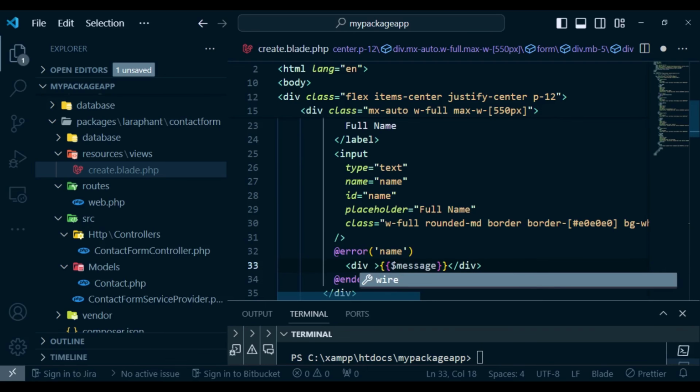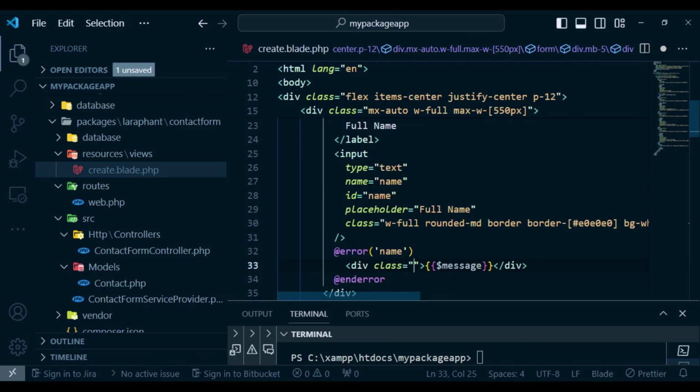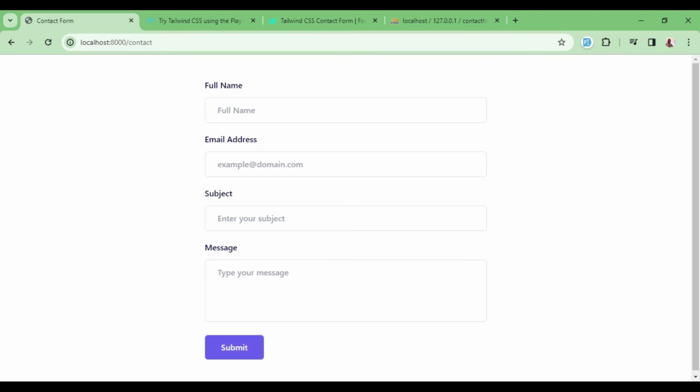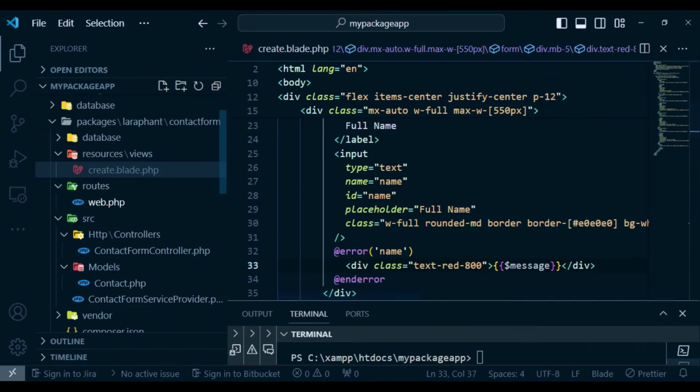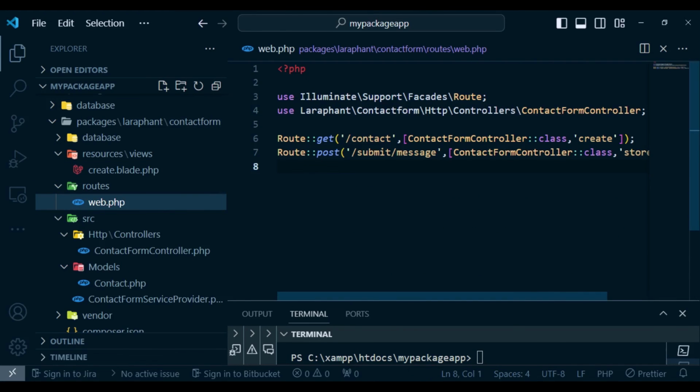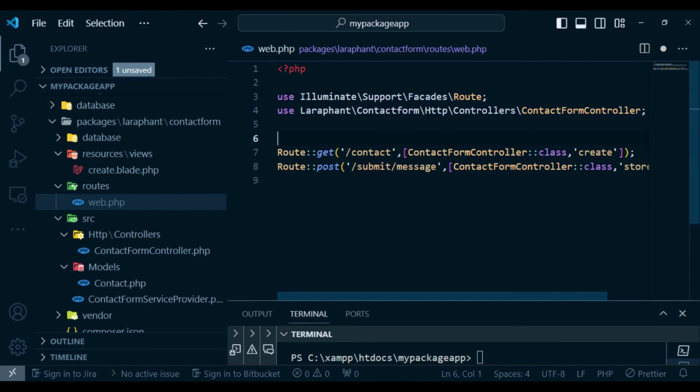And here we can have a class of maybe text red, maybe we can say red 800, like that. So it will display some reddish message. But once I do that, we have undefined variable errors. And how we can be able to sort that, we can be able to wrap our routes with